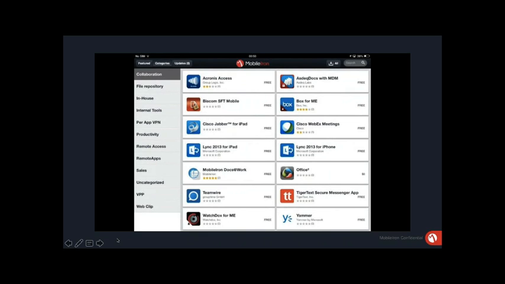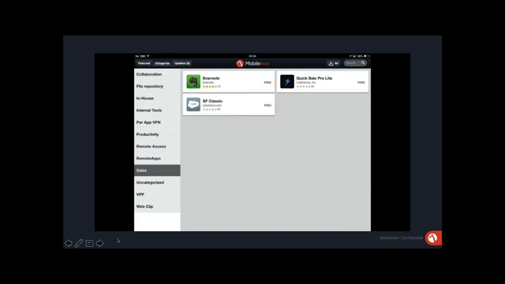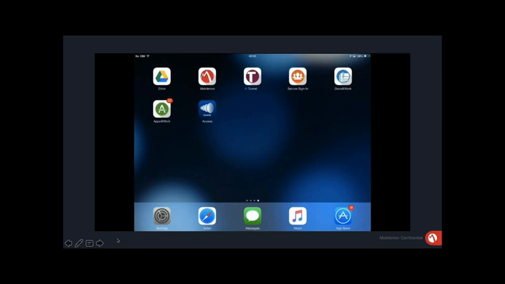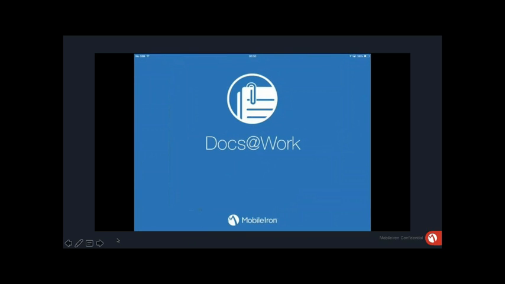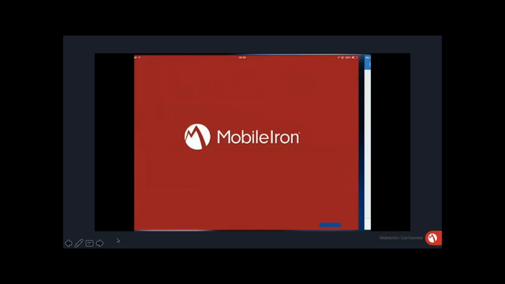As you can see, there are a number of different things through the categories, and these can be added by your IT department as you move forward. So let's come out of the App Store and move on to the next area, which is Docs at Work, which is now being downloaded. As I was saying earlier, Docs at Work is an area full of repositories which allow me to put content and have content on the move.